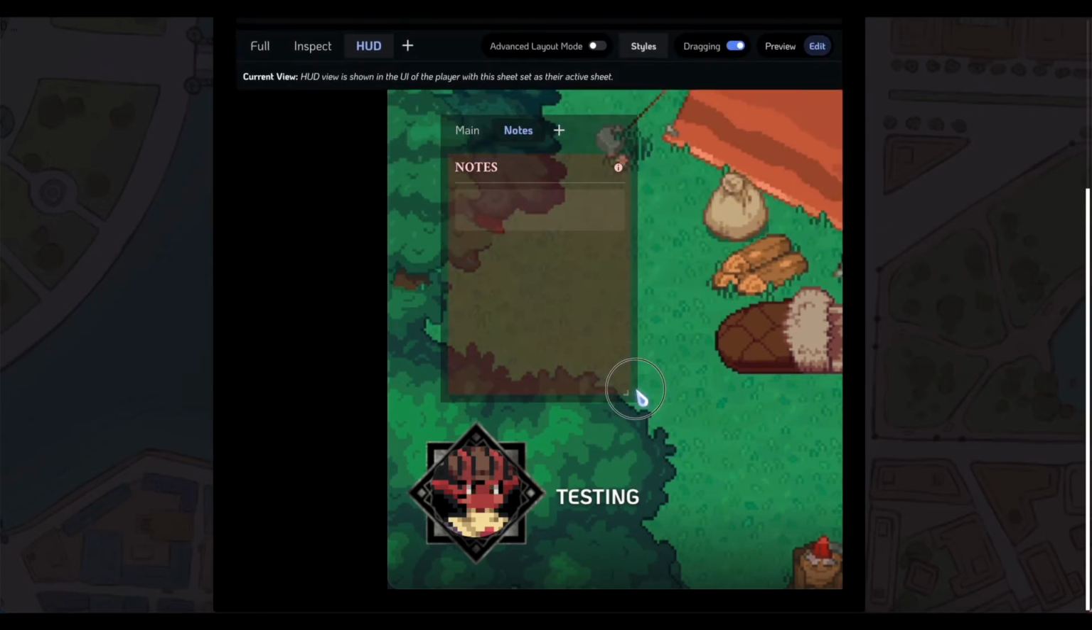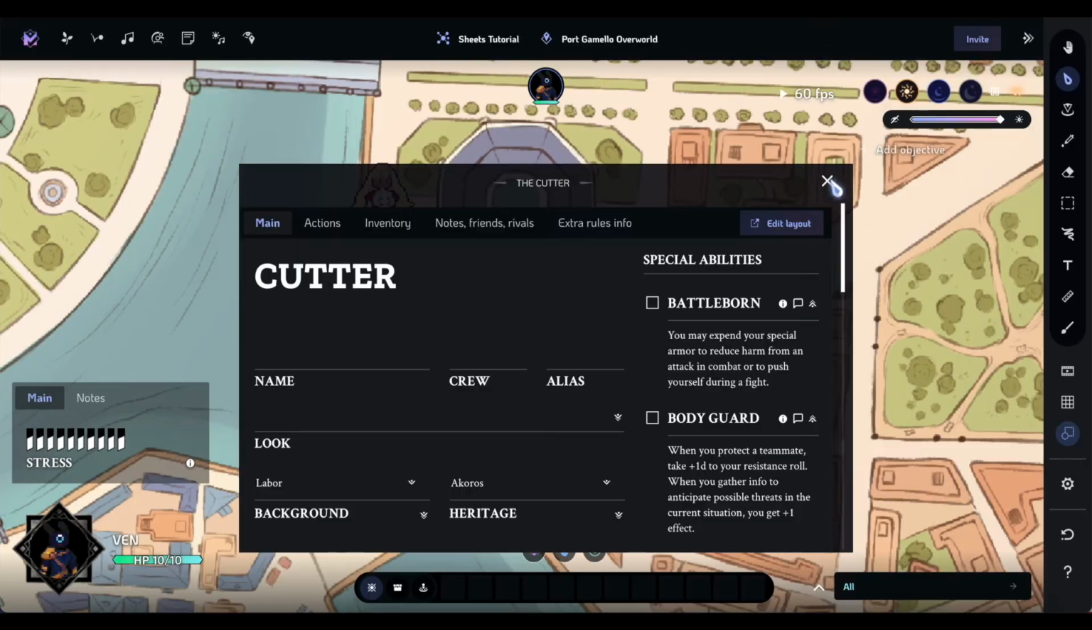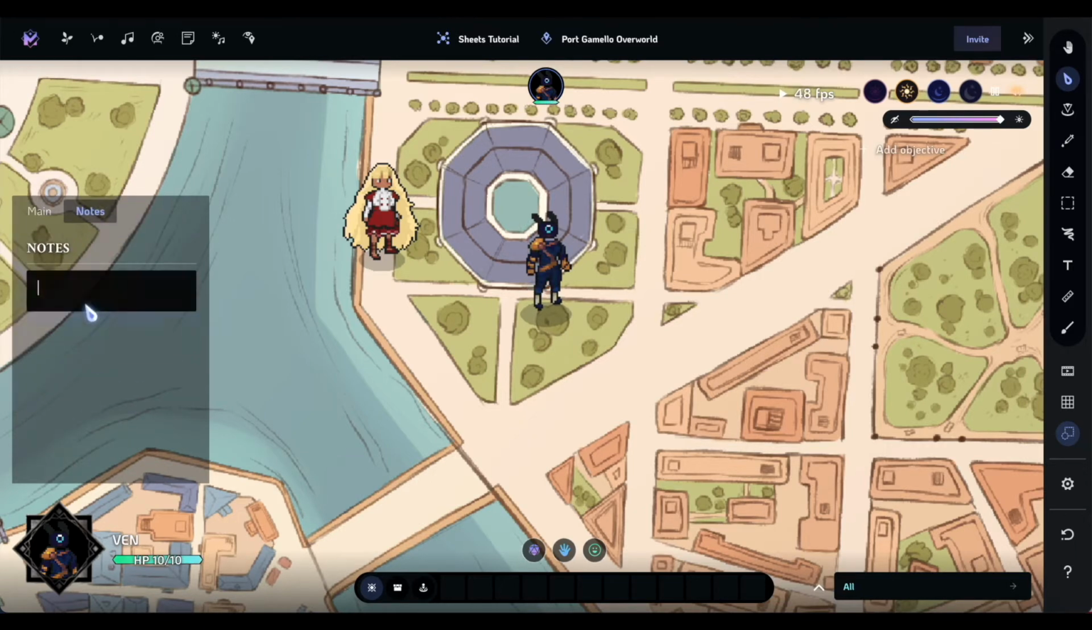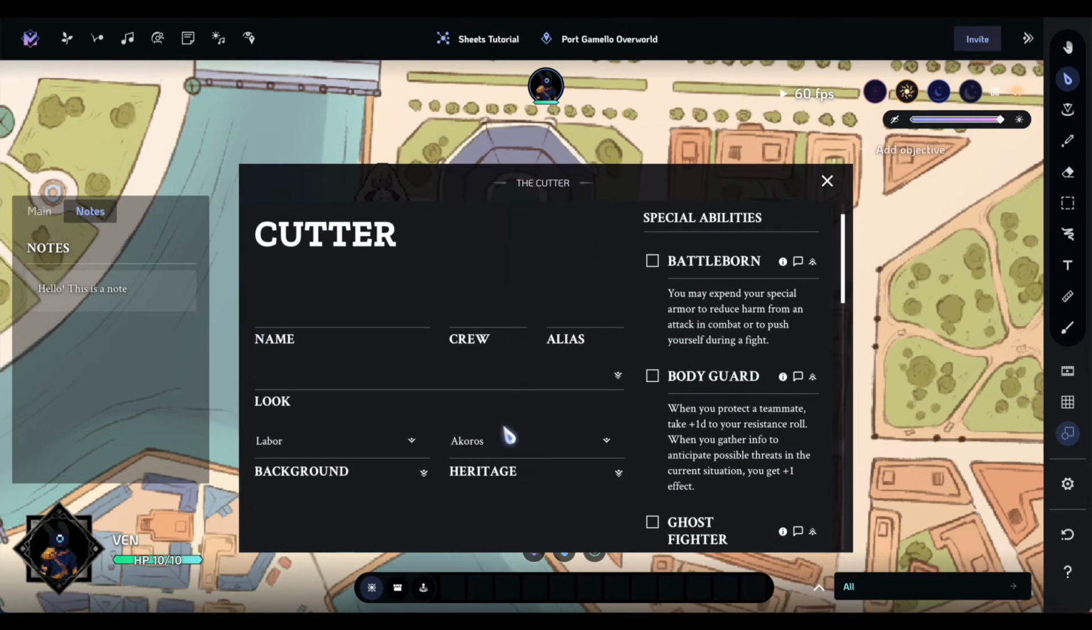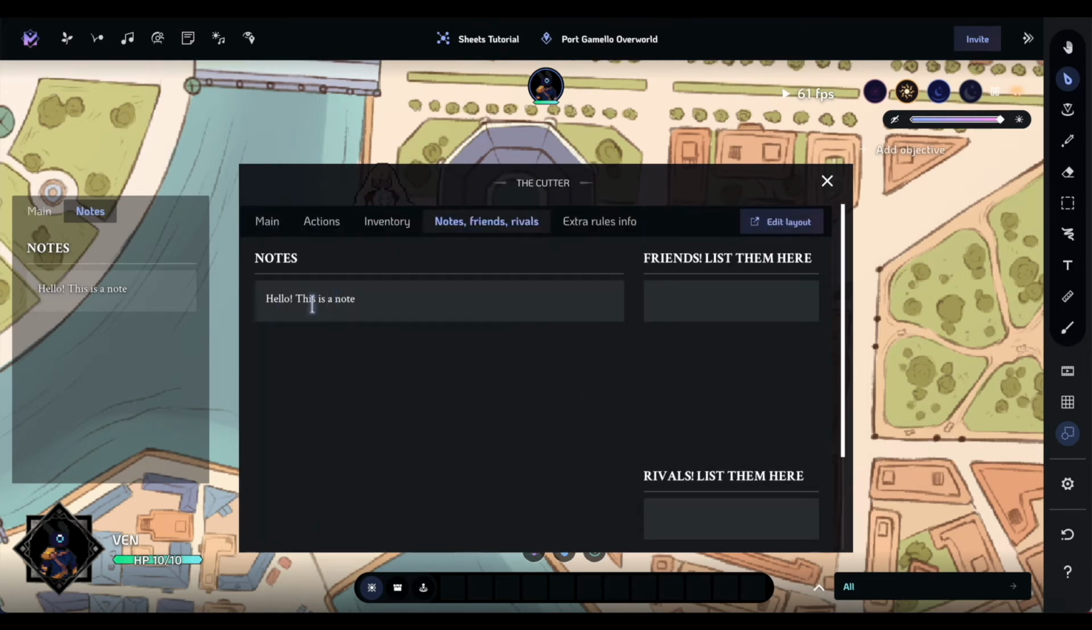And make it a little bit bigger. And there we go. So now if I hit save, you can see immediately it pops up. So I have this main where I can edit my stress and things like that. Or I have this notes block, which I can type in. Hello, this is a note. And just like before, this is going to be syncing with every other version of the sheet, every other place